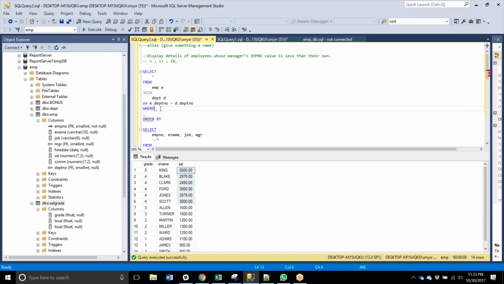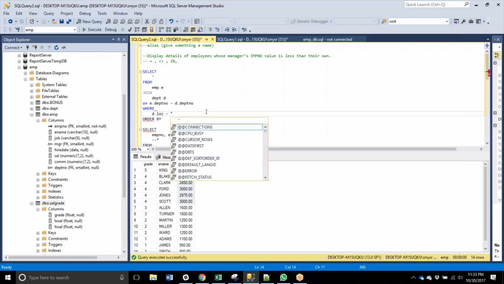From there, it will move on to parse the where clause. So if you had a where clause where you said, I only want to include rows where the location, which is in the department table, is equal to Chicago,